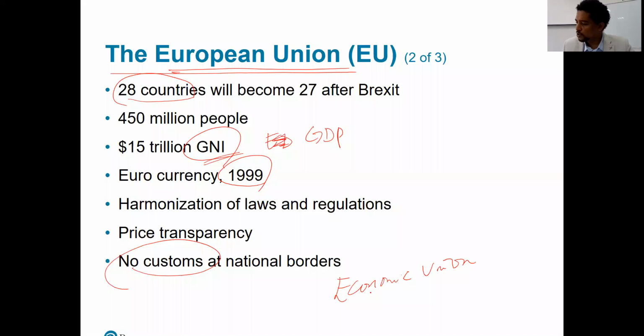Okay. So as I've already mentioned, economic union, which is at the top of the hierarchy of preferential free trade agreements, says that the final goal of economic union finally will be to have the same government. Okay, but in the European Union, these 28 countries have their own government set. So even though they are not at the last stage of economic union, we can say the European Union is a very good example of economic union in the hierarchy of preferential free trade agreements. Okay,